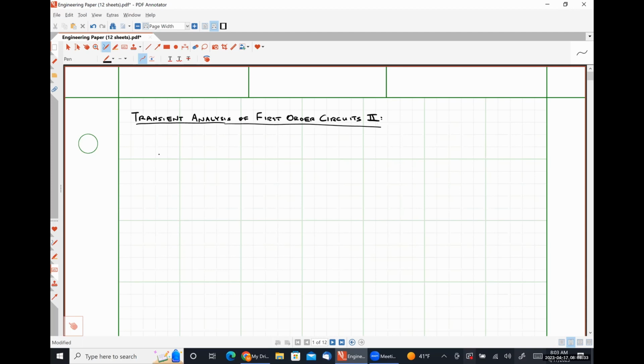And what we found was that our natural response Yn of time, where this Y sub n could be either a current or a voltage in our system, was given by the mathematical relationship y of 0 minus for t less than 0 minus and y of 0 plus e to the negative t over tau for t greater than or equal to 0 plus, and tau, our time constant,